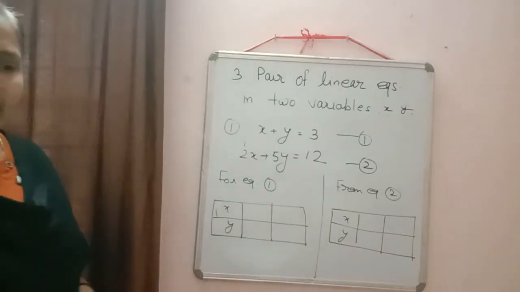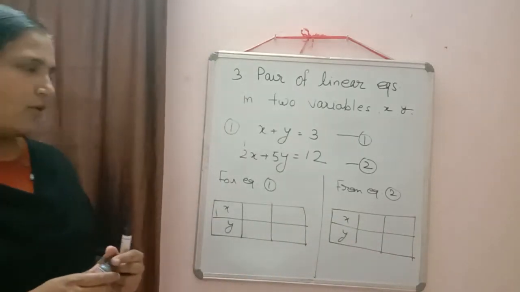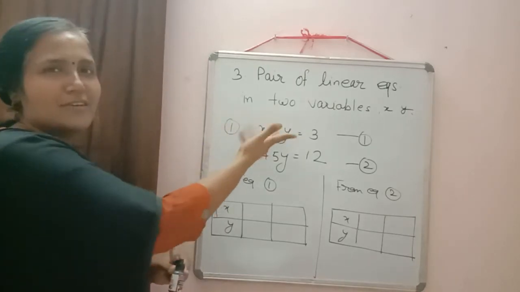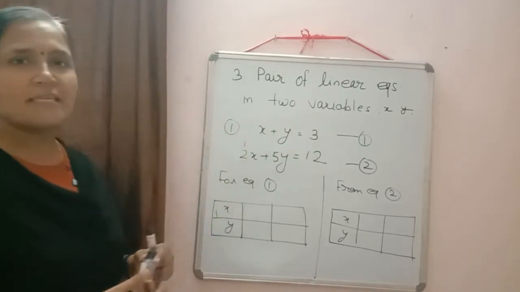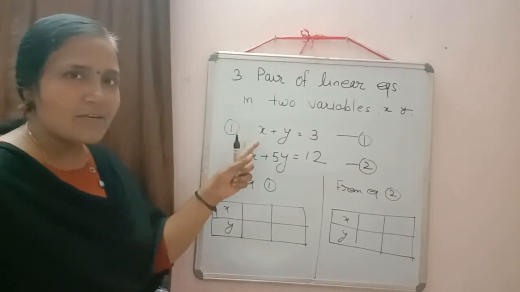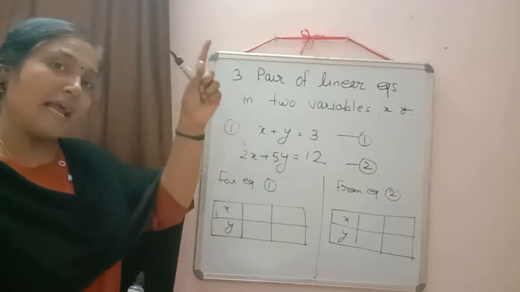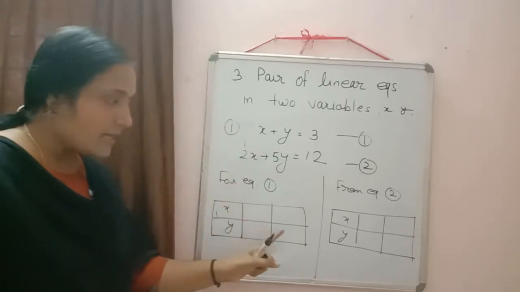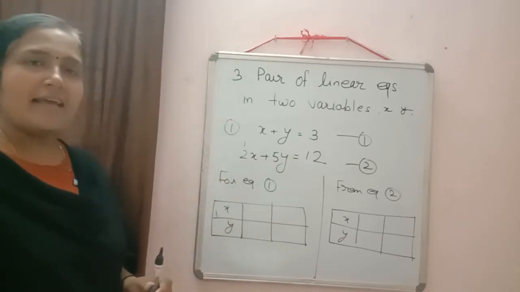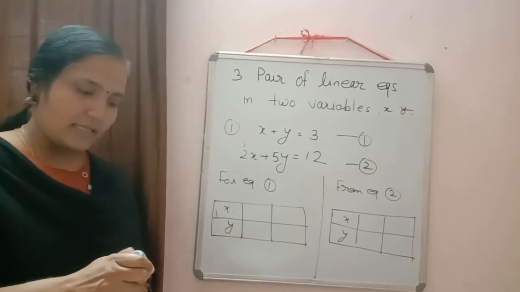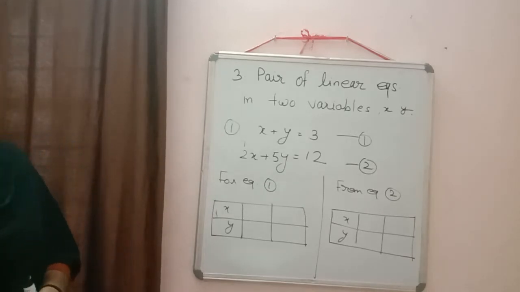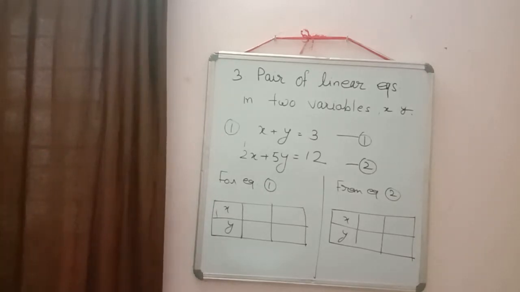So why I said we can take x equal to 0 and y is equal to 0? Two things why I am taking this one. Because if x is equal to 0 and y is equal to 0, our equation will become easy. Easily we can solve. And one more method. If I will take x is equal to 0, then I will get the point where the line intersects the y-axis. Similarly, if I will take y is equal to 0, I will get that point where it intersects the x-axis. That's why. Because sometimes in the question they will ask, find out the coordinate of the point where it intersects the x-axis and y-axis. So all of you just check the first equation.